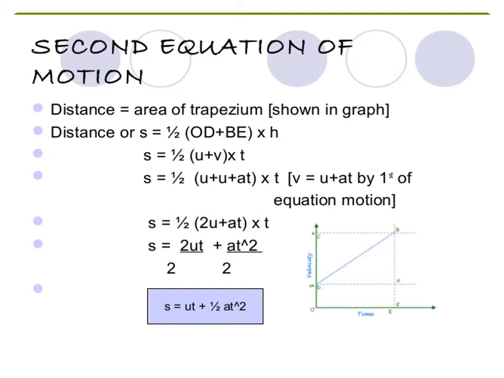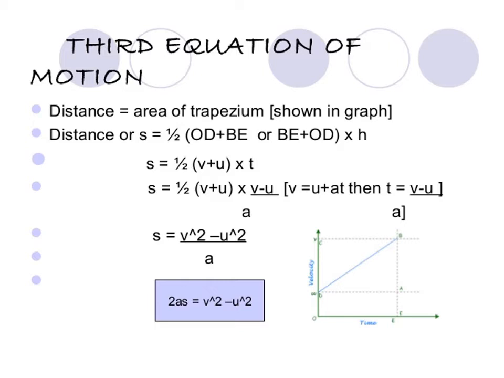Take your book, page number 20. It is very clearly written, you can understand easily. This is the second. Now, the third equation of motion. In this, you have to draw the diagram, and here we can see the distance covered by the object during the time on the given quadrangle DOEB. Here DOEB is a trapezium. Here also we are taking DOEB.